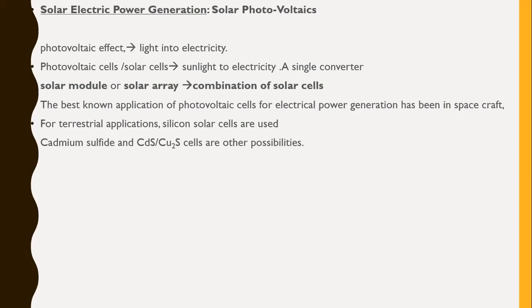This is the photovoltaic cell. If such cells are combined into a stack, it is called a solar module or solar array. These photovoltaic cells are made up of semiconductors, which generate electricity when they absorb light. As photons are received from sunlight, free electrical charges are generated and collected on contacts applied to the surface of the semiconductors.